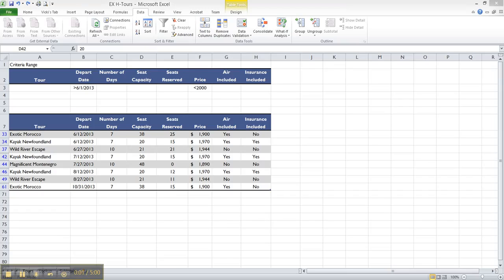Let's look at Unit H, extracting table data on page 184. Whenever we take the time to specify a complicated set of search criteria, it's a good idea to extract the matching records rather than filtering in place. When we extract data, we place a copy of a filtered table in a range that we specify in the